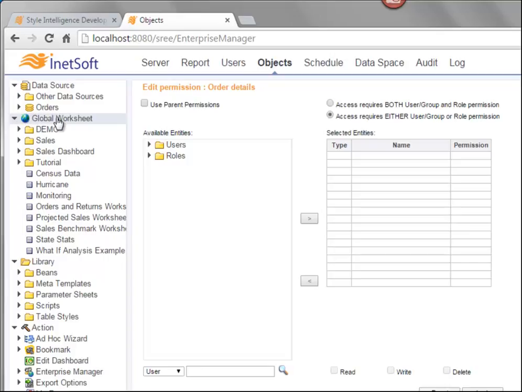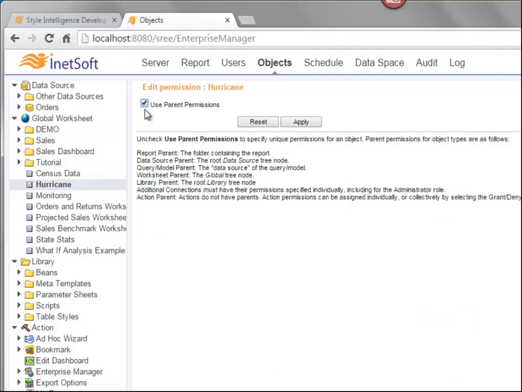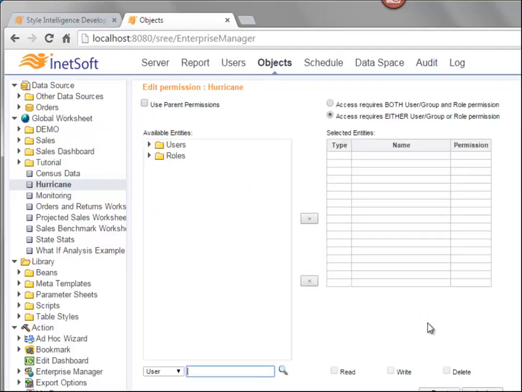Expand the Global Worksheet node, and then to assign permissions to a folder or to an individual worksheet, select the asset, deselect Use Parent Permissions, and then assign permissions based on user, group, or role. The permissions that you assign to these worksheets will determine which data worksheets are available for dashboard designers to use